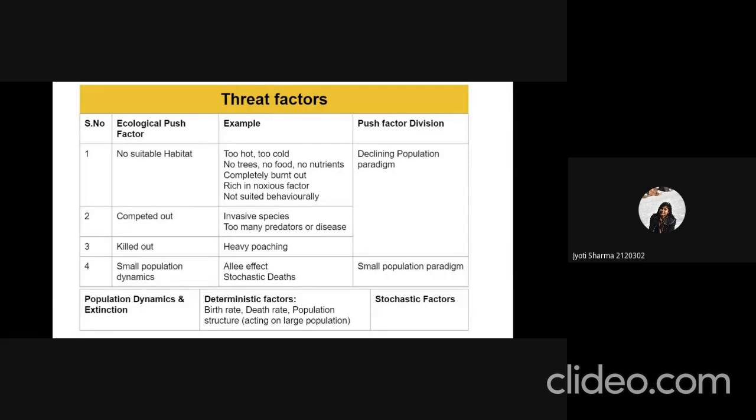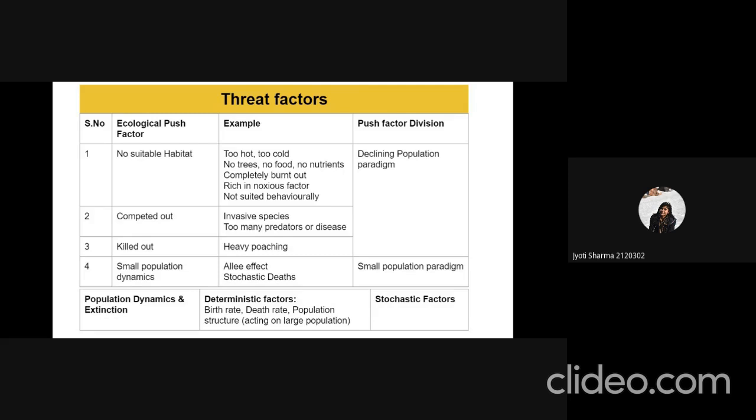Okay, so this is no suitable habitat. This is the one condition, and this can be induced by humans, and this can be induced by the climate as well. Second example is that if we have cut down the trees,